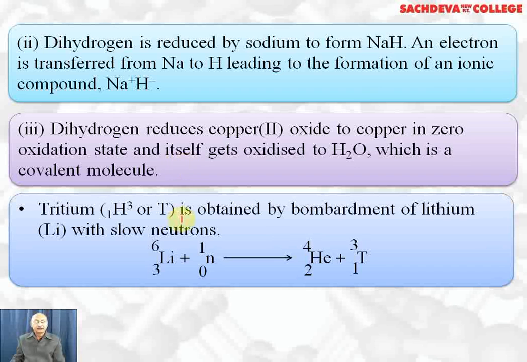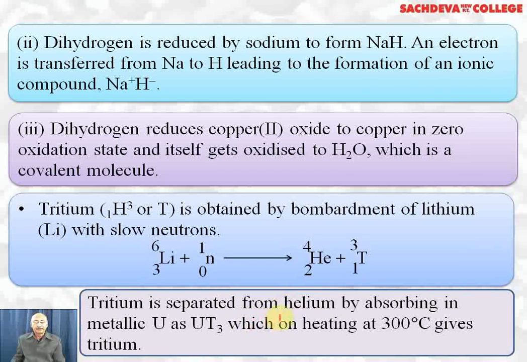Tritium, which is an isotope of hydrogen, is obtained by bombardment of lithium-6, an isotope of lithium, with neutron. We get helium-4 and tritium-3 is formed. It has the highest neutron-proton ratio, which is equal to 2. It's radioactive, having a half-life of 12.33 years. Tritium is separated from helium by absorbing it on metallic uranium as UT3, which on heating at 300 degrees centigrade